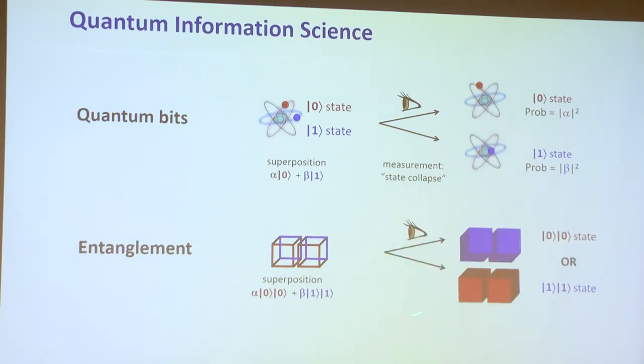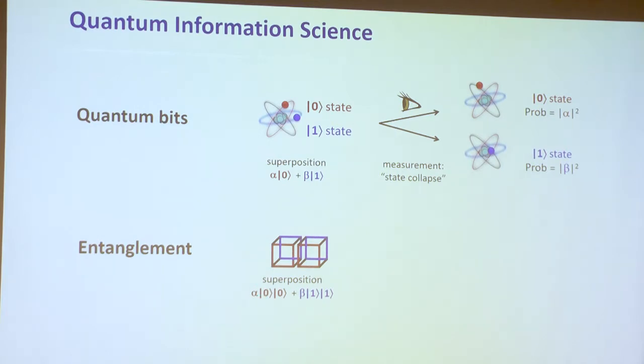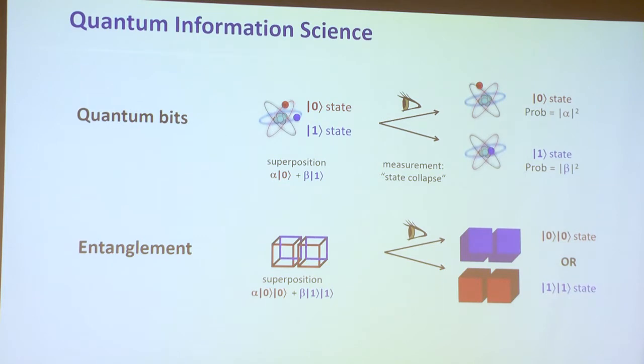But when you make a measurement, of course, we're going to see that there's going to be perfect correlation, because the only possibilities here are that they're both 0 or they're both 1 upon measurement. So that correlation is perfect. Yet before you make a measurement, each individual qubit is, as far as you know, random. If I consider the leftmost qubit, it's 0 or 1 depending on alpha and beta. It's random, but when taken together, they're always the same.